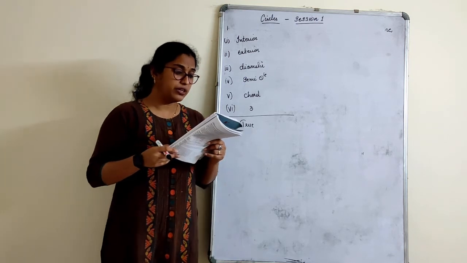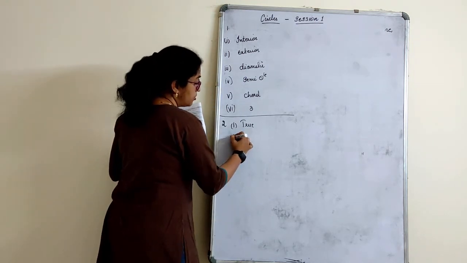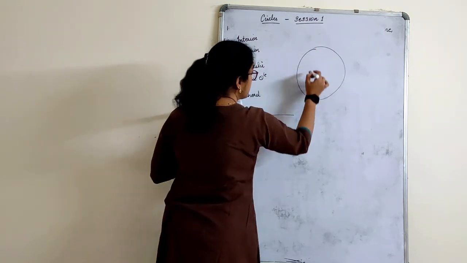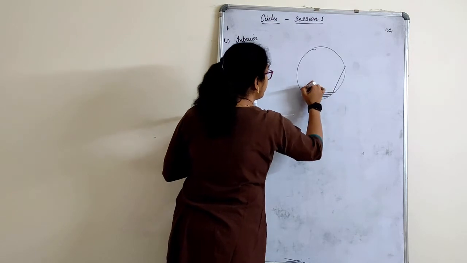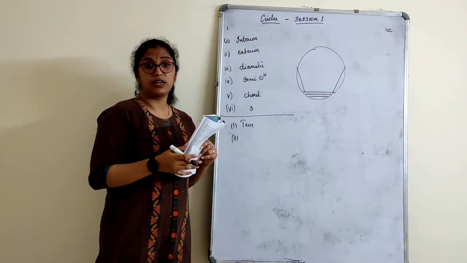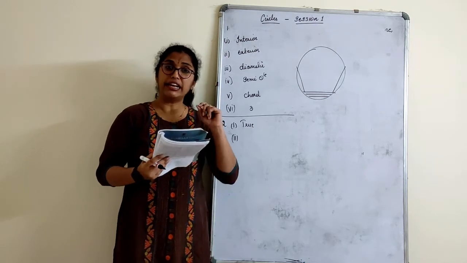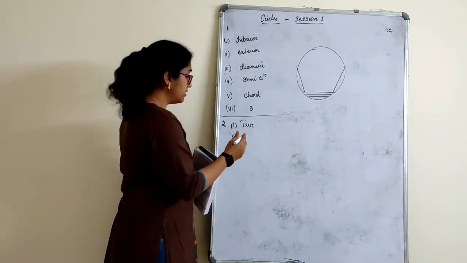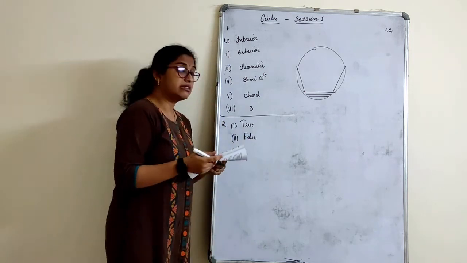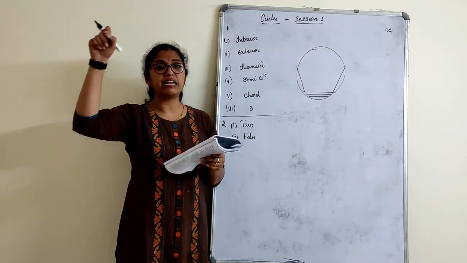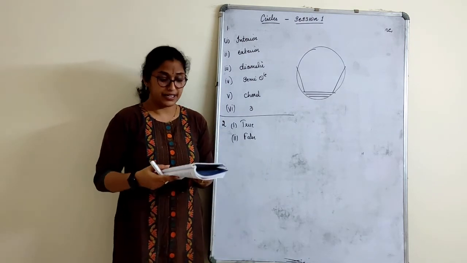A circle has only finite number of equal chords. So, how many chords can a circle have? It can have here, it can have here, it can have here, it can have how many? About equal chords we'll study in the next session, but it can have infinite number of chords, right? So, answer is false. Reason for that, it has infinitely many points. So wherever you join, that forms a chord, correct?